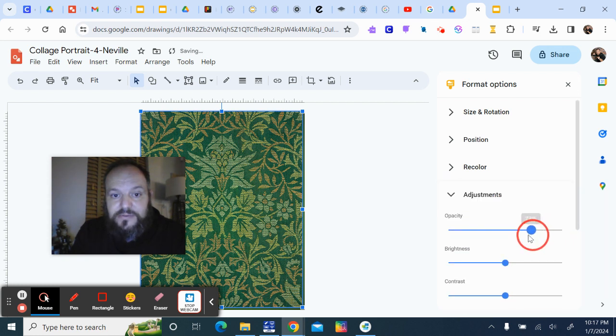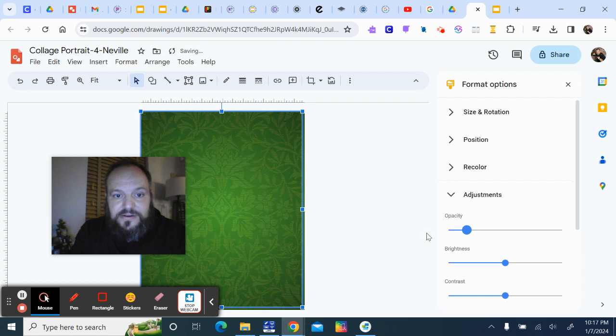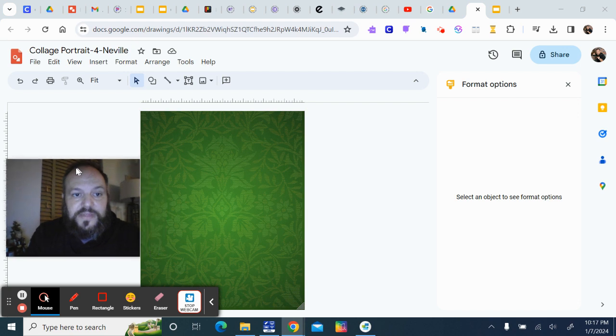So that makes it a little more into the background, makes it kind of bleed into the green in the background. I just want to lighten the background so there's some decorative aspects in the background. Oh, that's a little too much. There we go. So now is when I'm going to start putting my things on there that are in my